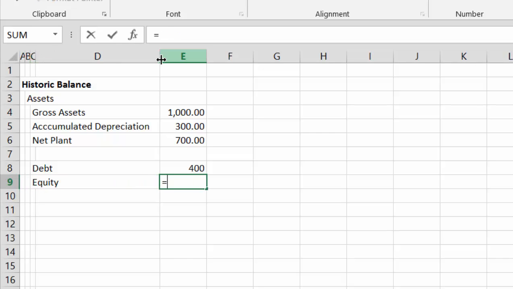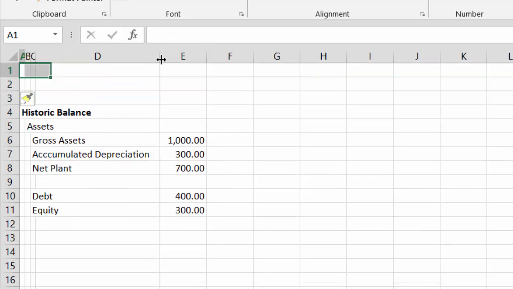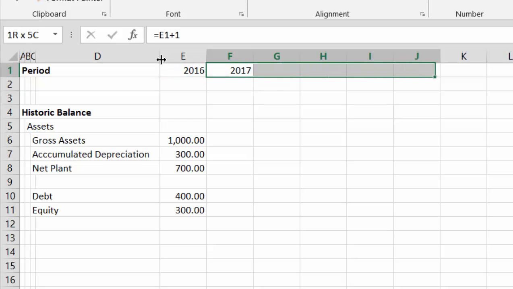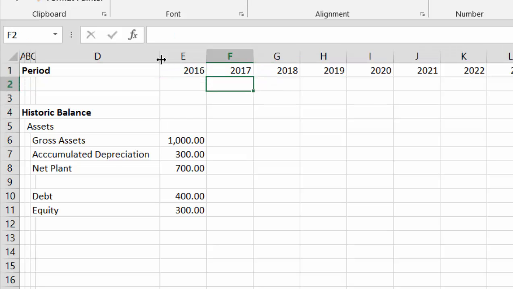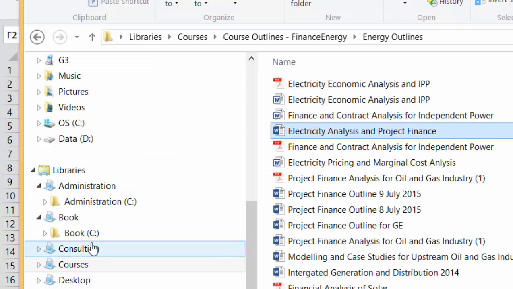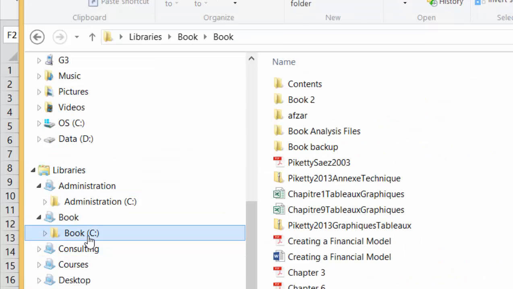Okay, and any corporate model has to start with some kind of balance sheet. And I suppose because I love my historic switch so much, I'm going to put a period in. Let's make this 2016. And let's go across. Now, if you go to the next step, which is,